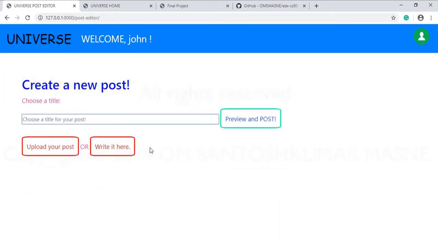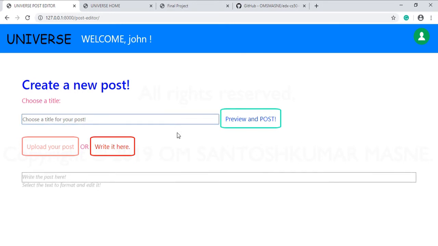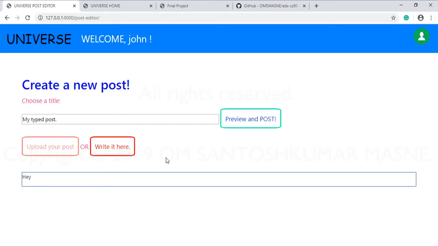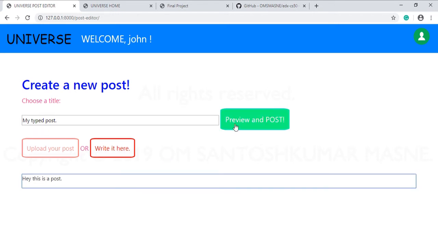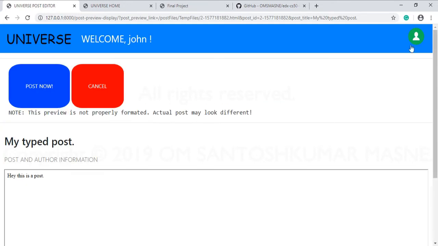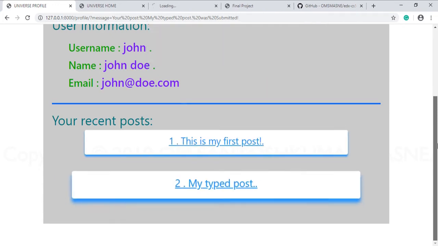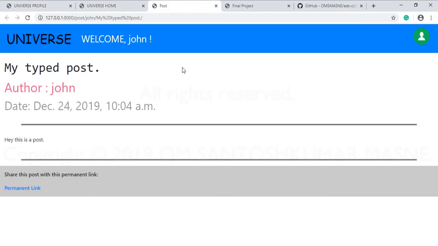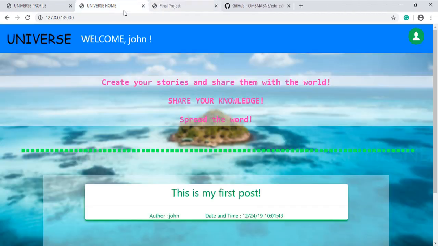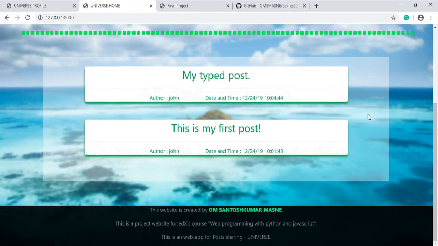The user can also type a post here. The new post has been displayed on the home page.